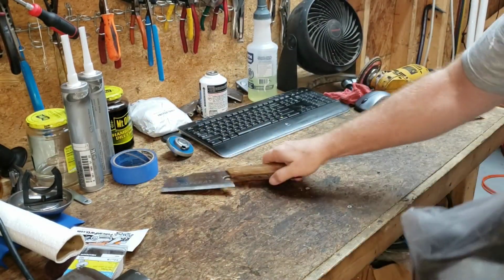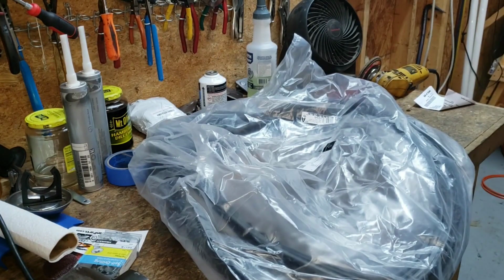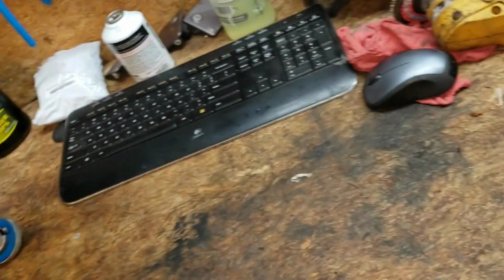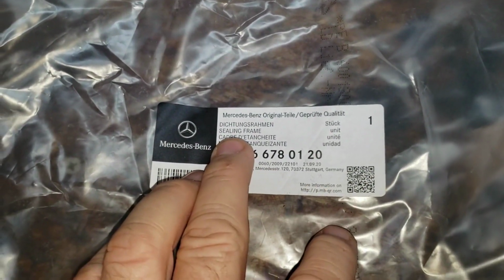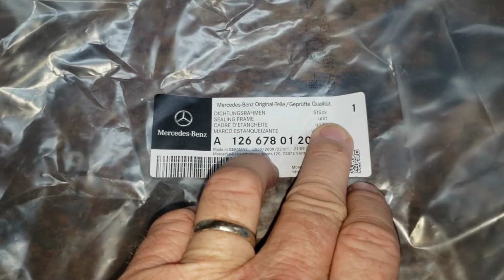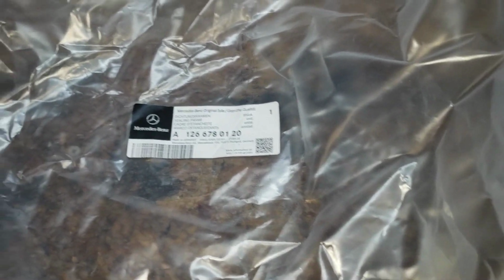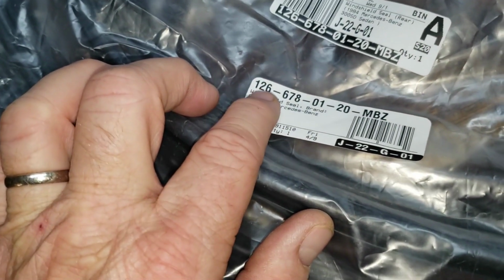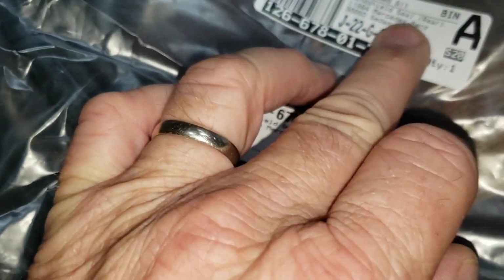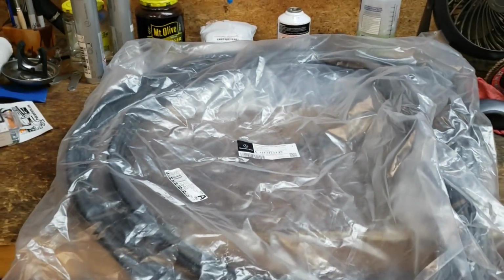All right. We have one brand new rear window rubber seal or sealing frame. It's a sealing frame, excuse me. That's what the factory service manual calls this rubber weather stripping. They call it a sealing frame. That's the limpest frame I ever saw. Okay, enough of that. Windshield seal. So there's your part number, 126-678-0120 MBZ. All right, we're going to set that aside for safekeeping because it's going to be a while before we get